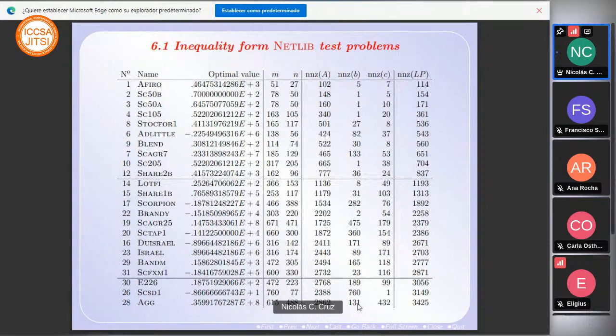But we have taken the official benchmark problems from the netlib. We have selected the smallest ones, and these are the characteristics. We have only selected those which can be written with no bounds, only with inequality constraints. And these are the optimal solutions